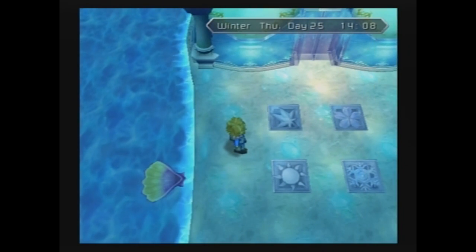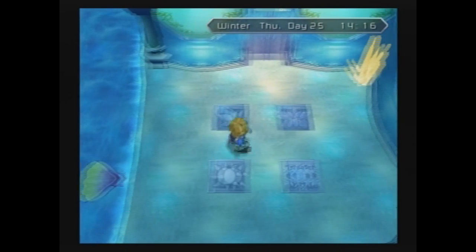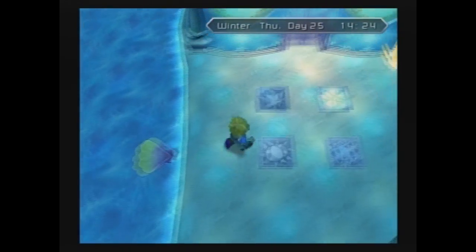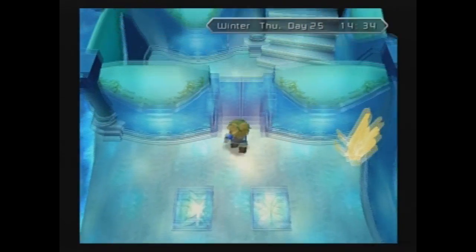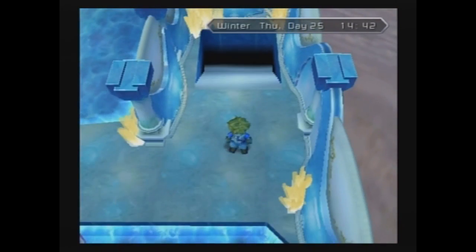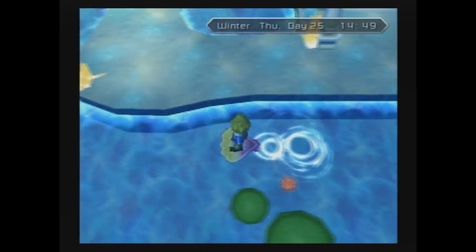What you need to do is stand on these blocks in order by season. So the flower is spring, the sunshine is summer, the leaf is fall, and the snowflake is winter. And then once you've done that, the door will open and we can continue onwards. If you step on the wrong combination, all you have to do is leave the room and come back, and